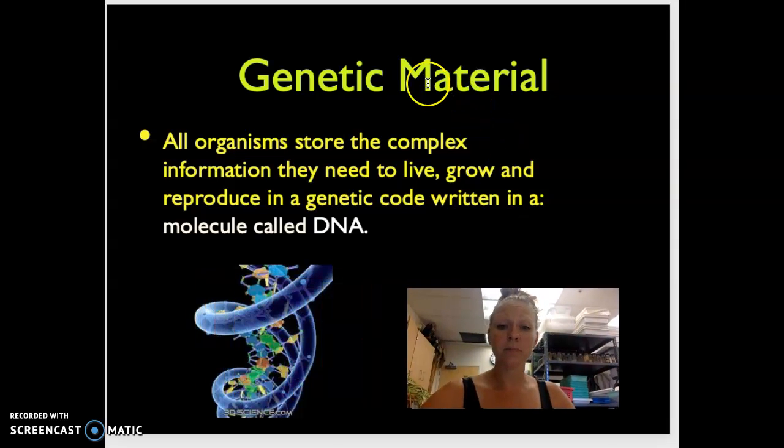And here we go. Here is our last G, genetic material. Very important. All living things have genetic material, and for the scope of this class, we're going to talk primarily about DNA. Living things have DNA, and we are all related because we all have the same genetic code. We don't all have the same set of DNA, but our genetics speak the same language, all of life on Earth. We'll talk more about that as time goes on.